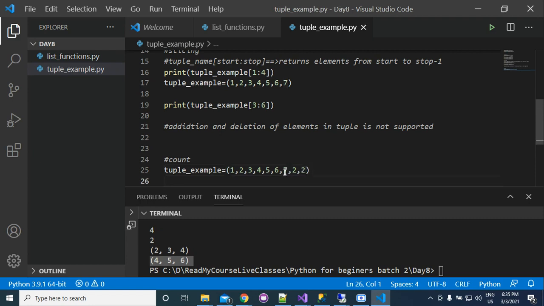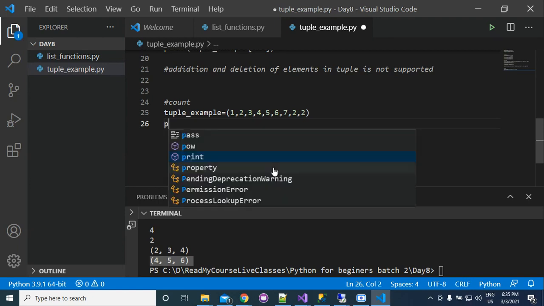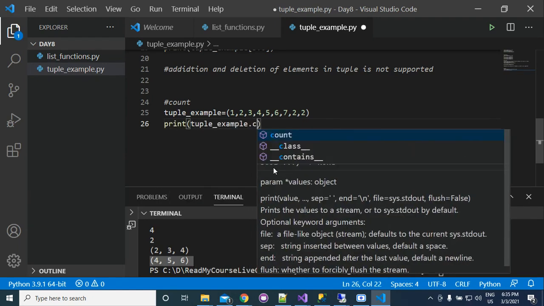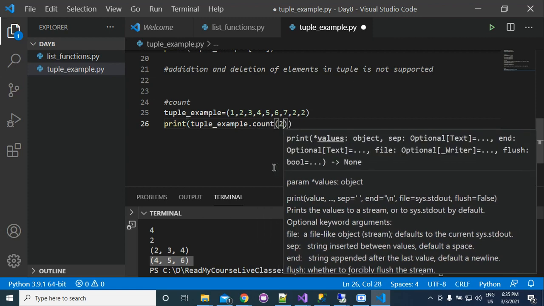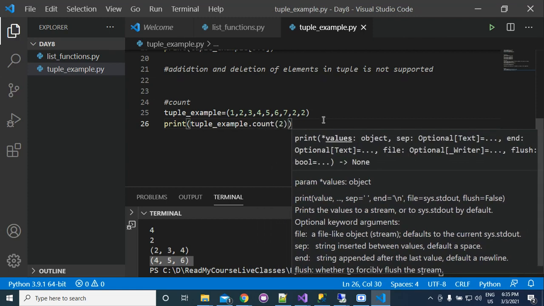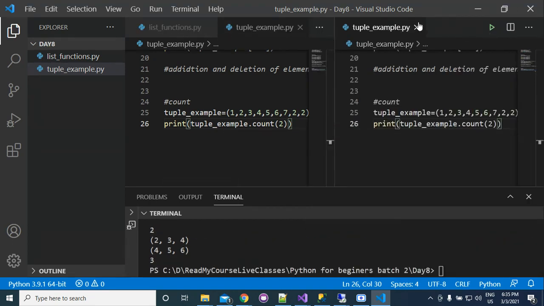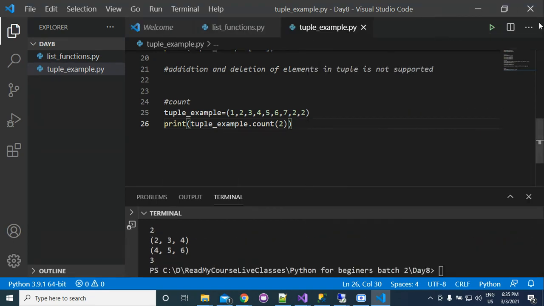If you want to count how many times 2 is present in the tuple, you can just write here print and then tuple example dot count and then 2. It will return you the count of 2. So it is returning you 3. So 2 is present 3 times. So 2 is here, and here, and here.